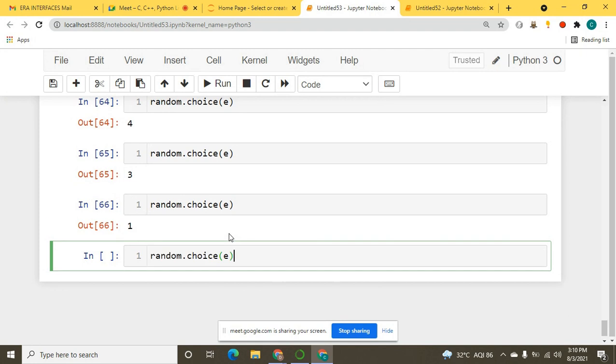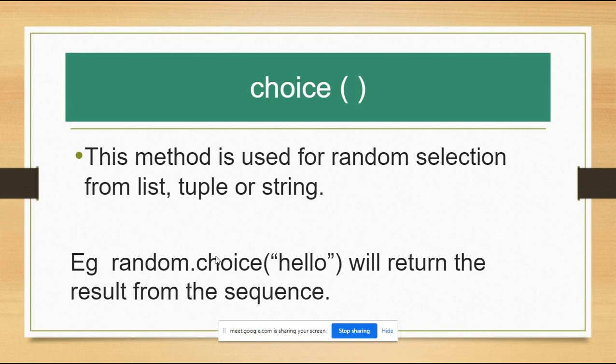It's 3, it's 1, it's 4, it's 1, and I'm not getting 2. Yeah, finally we got 2. So it includes every number, whatever is there in the list, or tuple. It will randomly choose anything from that particular sequence. Okay, so that was your sequence.